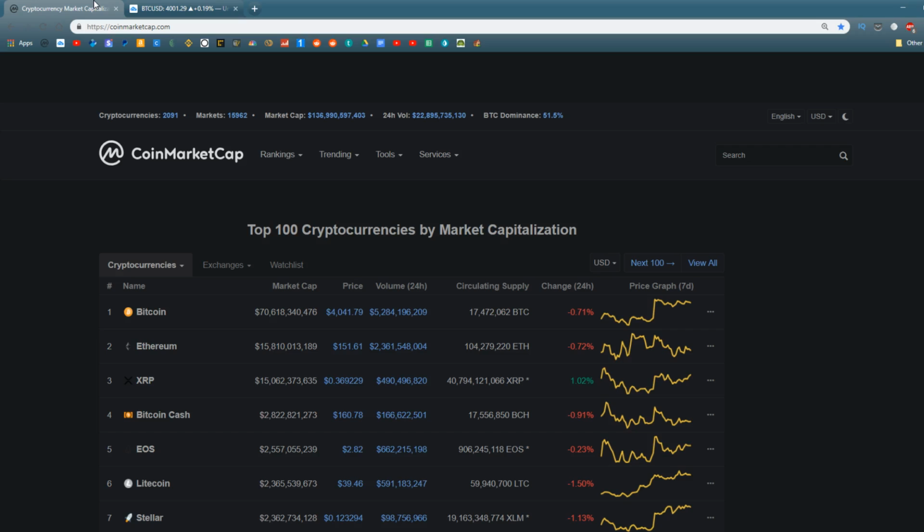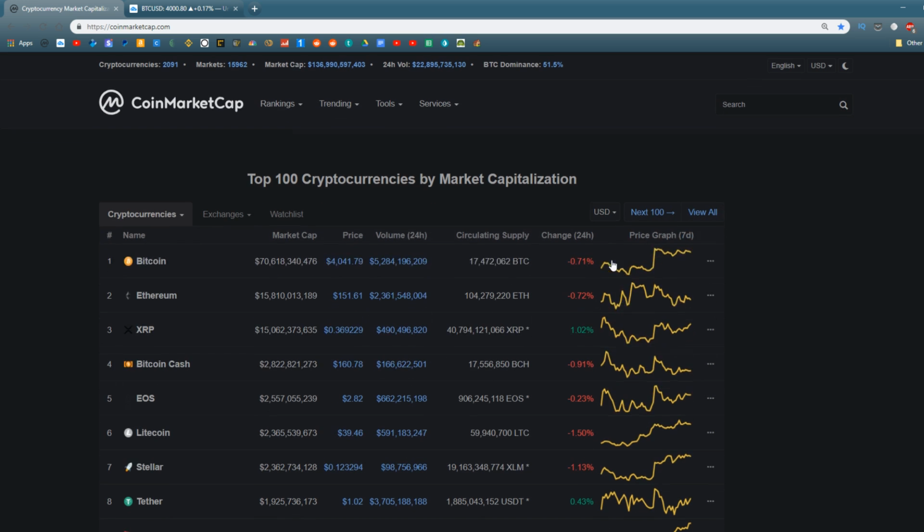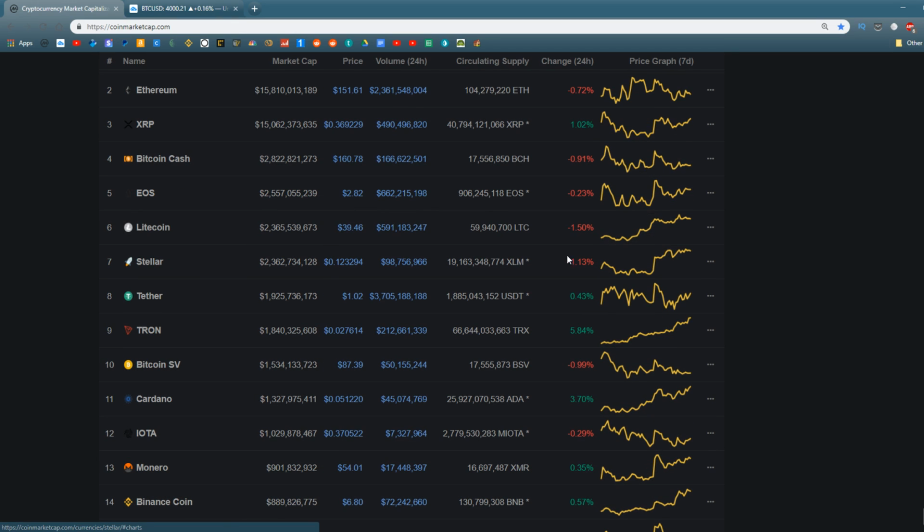Both of those things are very much possibilities. Ethereum, on the other hand, is trading around $151. It's down almost exactly the same as Bitcoin, but XRP is an interesting one. XRP is trading around 37 cents. It's up a percentage point over the last 24 hours, and it's one of the only green cryptocurrencies here in